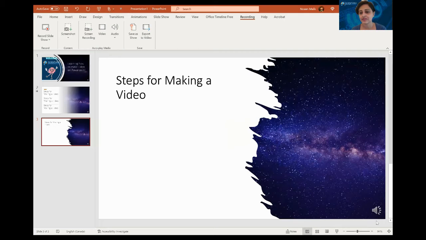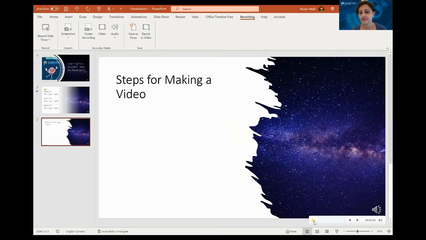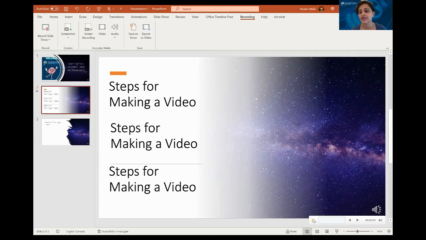Let's see if it is there. Let's see the play. Go to my next slide. This is again showing about some steps. You see, each slide got some here. It didn't get my video because my video is being used by Zoom. But if it is not being used by Zoom, then you can see a window of your video also here. So right now it recorded, now let's stop this video.